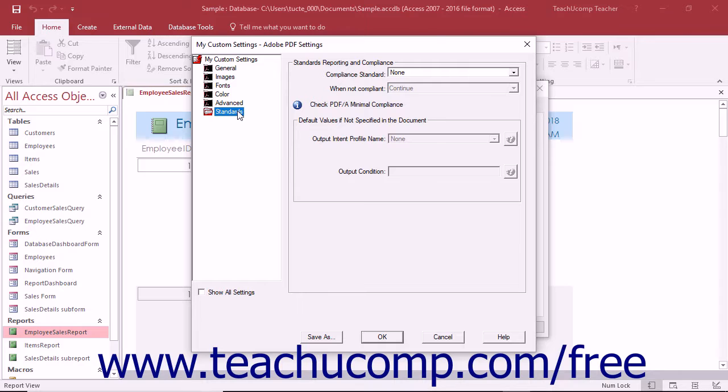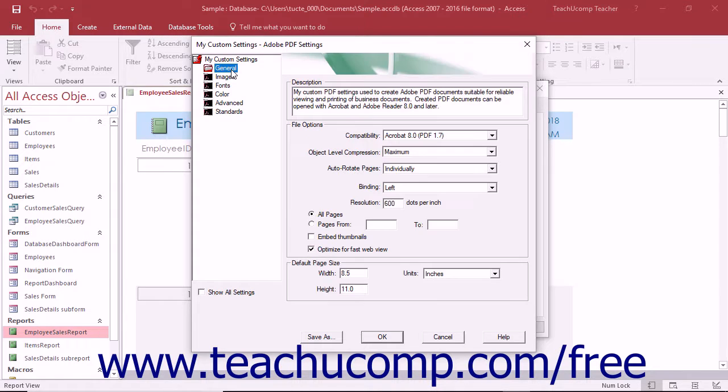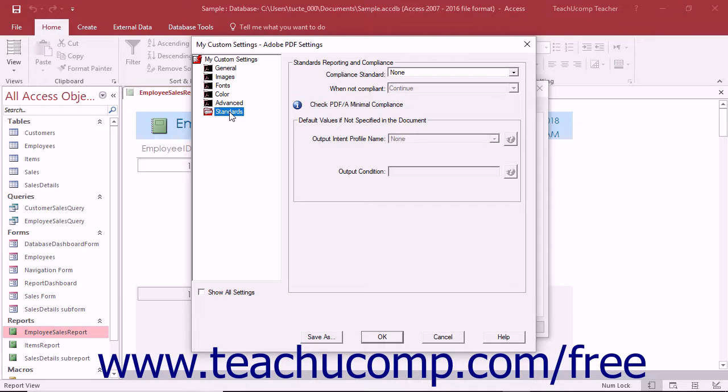Note that the options shown in this category will depend on the standard selected. Also note that these settings are not available if Acrobat 6.0 PDF 1.5 or later is selected back in the General category. For those settings, the default choice of None in the Compliance Standard dropdown is the only choice available. Also note that PDF Maker, which is the method used to convert Word documents to PDF, does not create PDFX